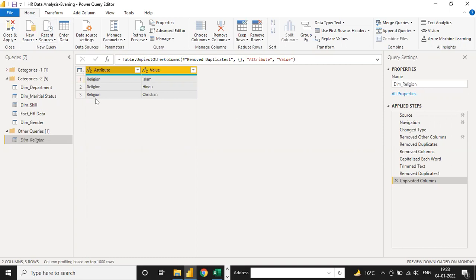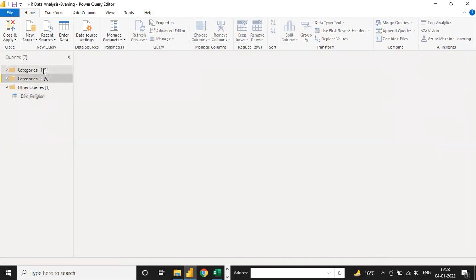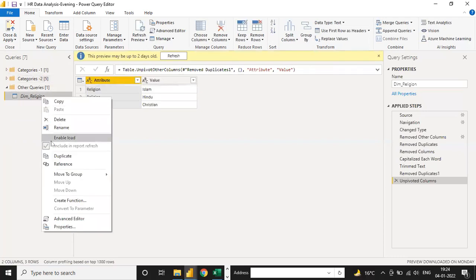Okay. So this kind of working, this kind of cleaning work you can do in this Power Query. And after the work, you can just load the data. So now we have two categories of data. First one, category 1, category 2. So first one, we are working on category 1. Now second day, we are working on category 2. So in this week, we will complete these two categories. It means complete the HR project. Okay. And this file I have already located here, enable load.